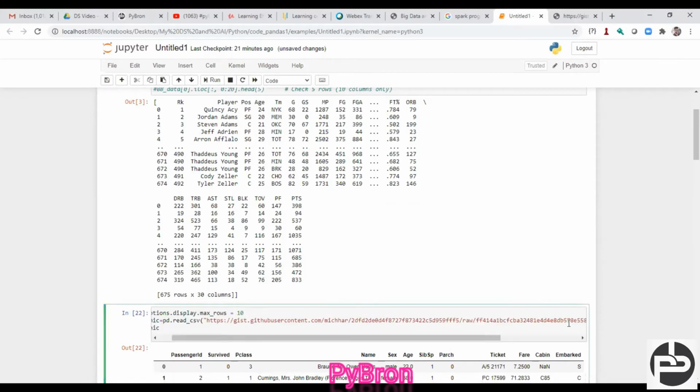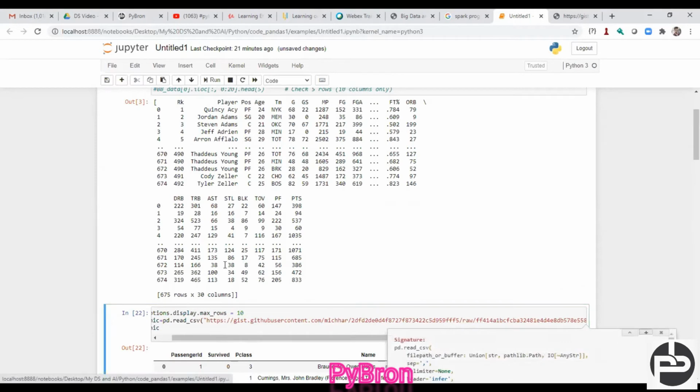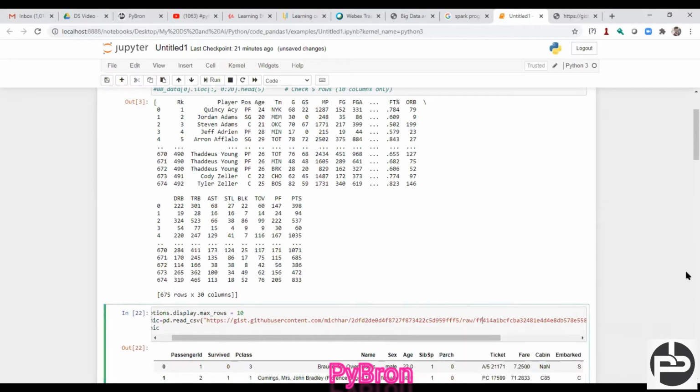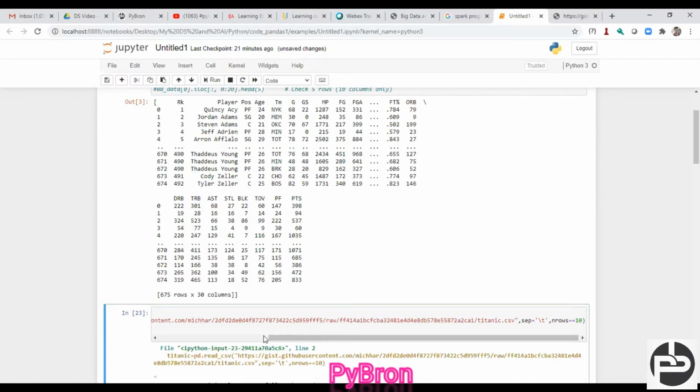If you go inside the method, press the Shift Tab, and expand this, you can see one argument there, nrows. By default it is set to None. So you can define nrows equal to 10 or 5, whatever data you need. With nrows equal to 10, I can now get only 10 rows.